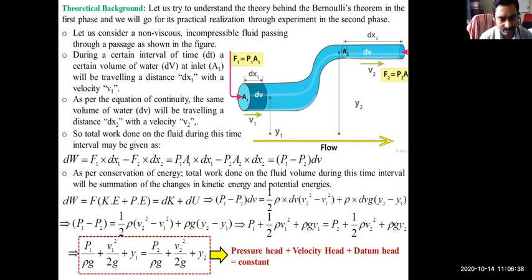So we are going to check this experimentally. This is the theoretical background. Coming to the next slide, the procedure: how do we perform this experiment? The procedure to experimentally verify Bernoulli's theorem is briefed below. Our target is this equation, Pn by rho g plus Vn square by 2g plus Yn is equal to constant, because this total energy is constant at all the points of the streamline. Here n indicates the point where you want to calculate the total energy.